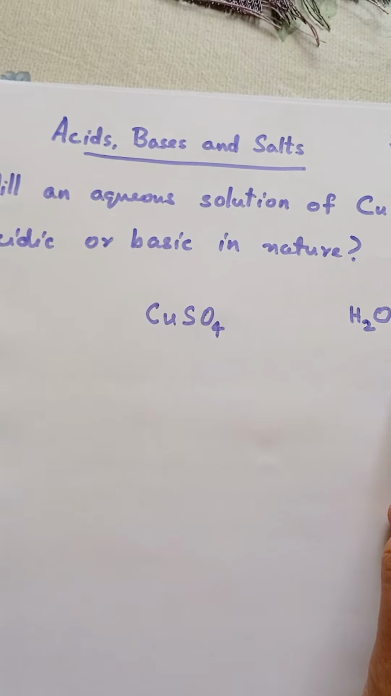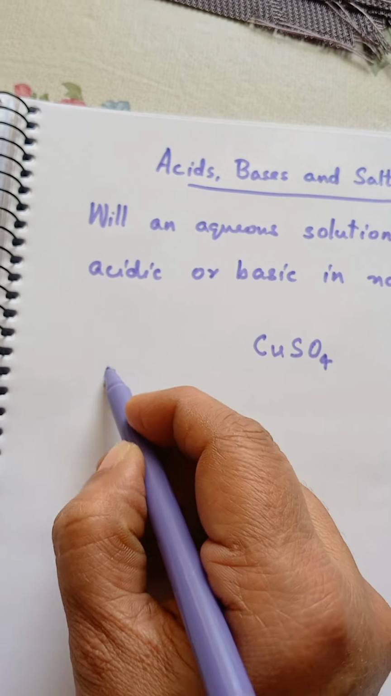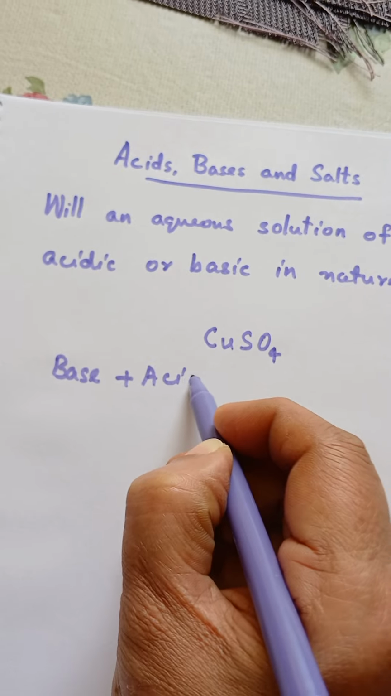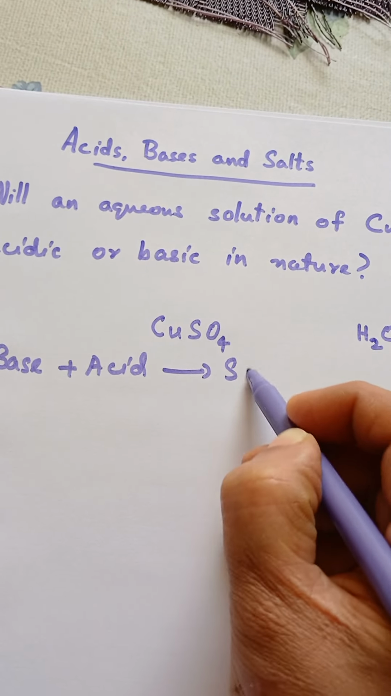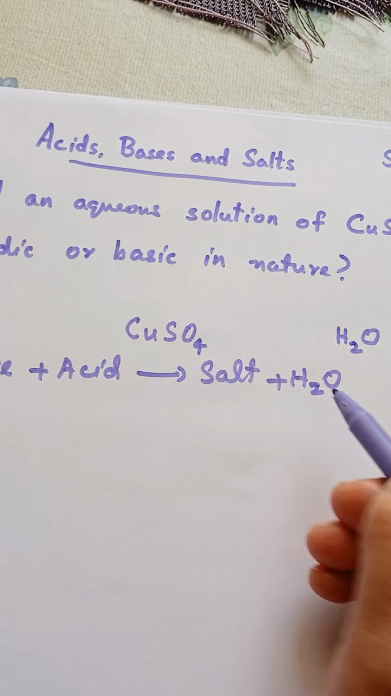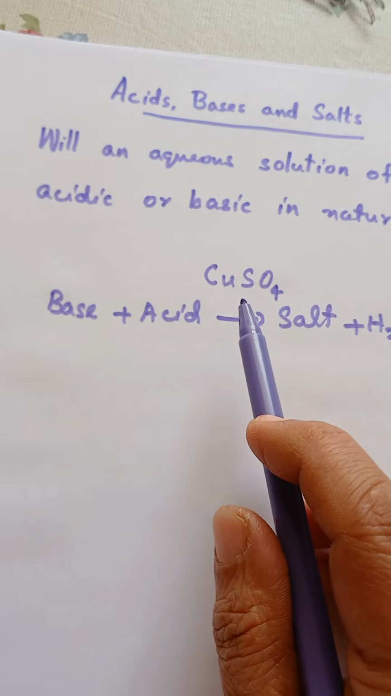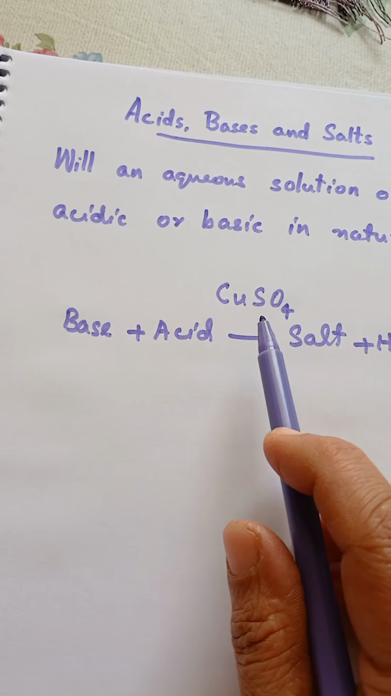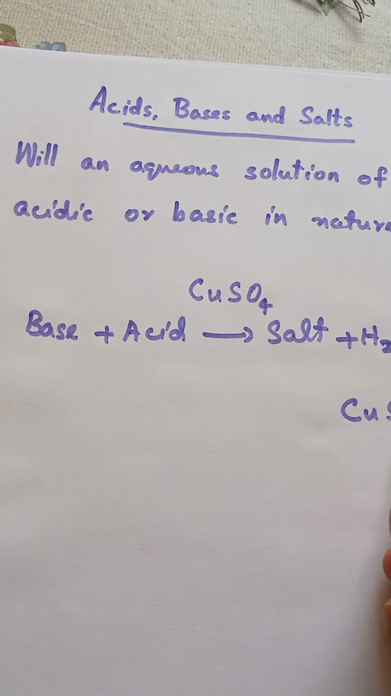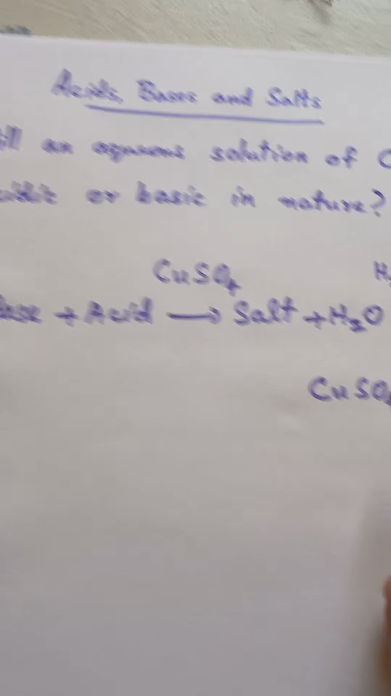That is, a neutralization reaction is between a base plus an acid, giving salt plus water. So if we need to know which acid and which base give copper sulfate, if we break up water into